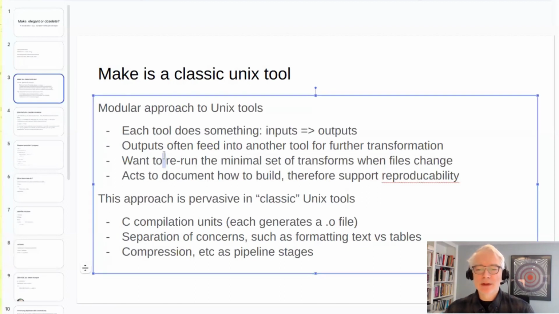One of the central things that Make is good about is that it emphasizes the laziness aspect. So if you've got a big project that involves a lot of C source files or source files in general, and you modify one, typing make will only do the minimal set of transformations you need to get your output from the files derived from the file that you changed. In other words, when you make a change, make propagates updates, minimal updates,